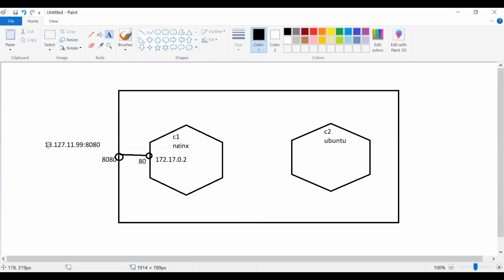Now if we hit this URL, the IP address and the port, then the traffic will come here first and it will be routed or forwarded to this particular port and this content. Okay, so the application will now be accessible. And if we have another application and you want to perform port mapping for this container also, you can't use the same Docker host port to perform port mapping for this container. So this is the reason we have created the